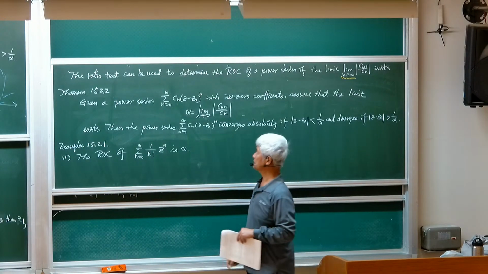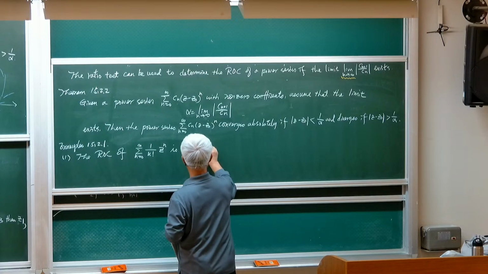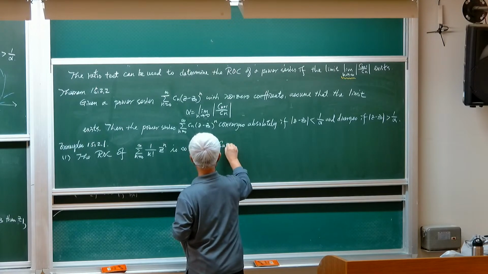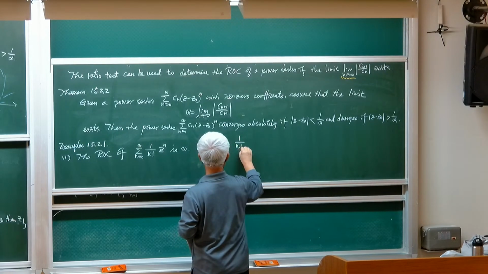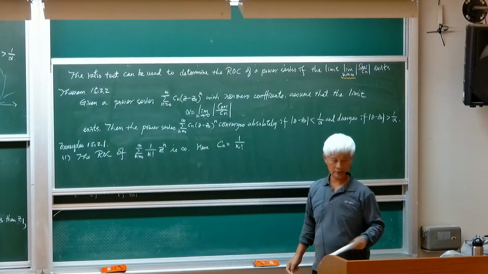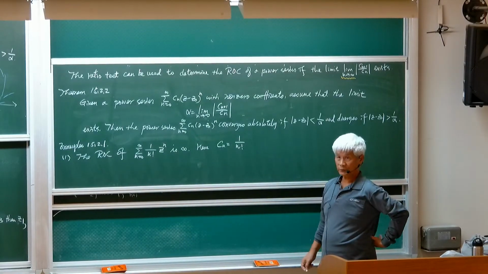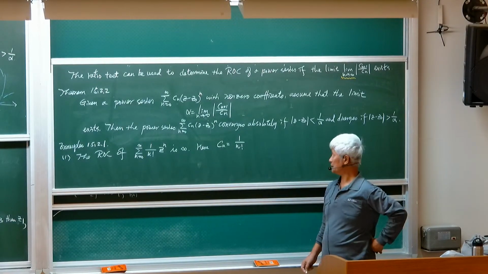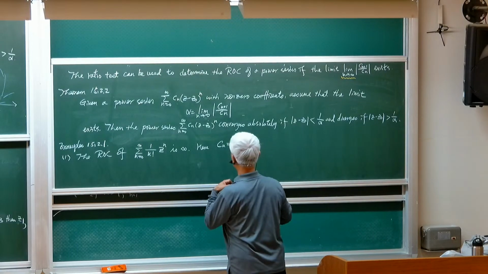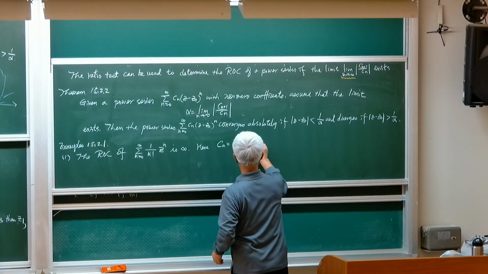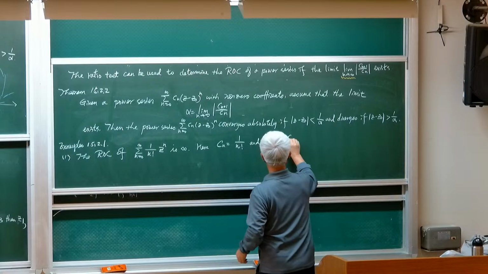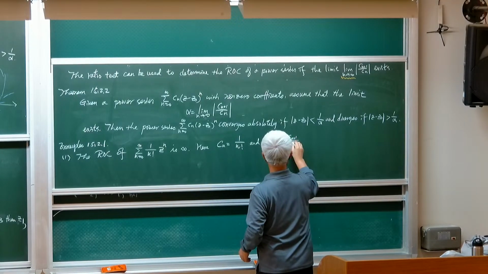Why? Here Cn is 1 over n factorial. So now the ratio test will be much easier. Then Cn plus 1 divided by Cn,